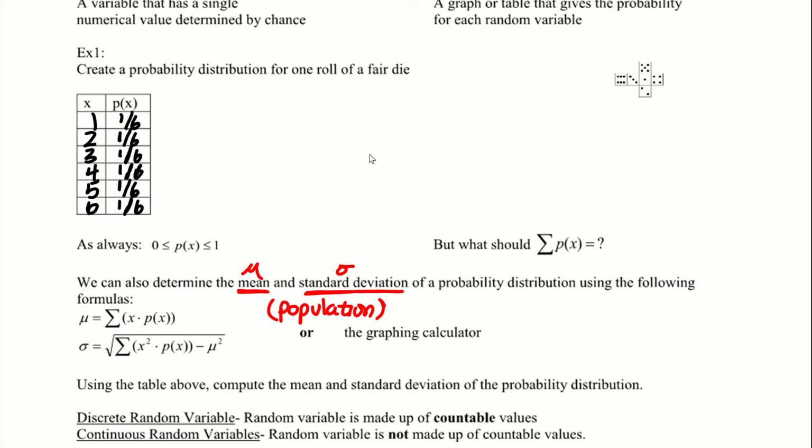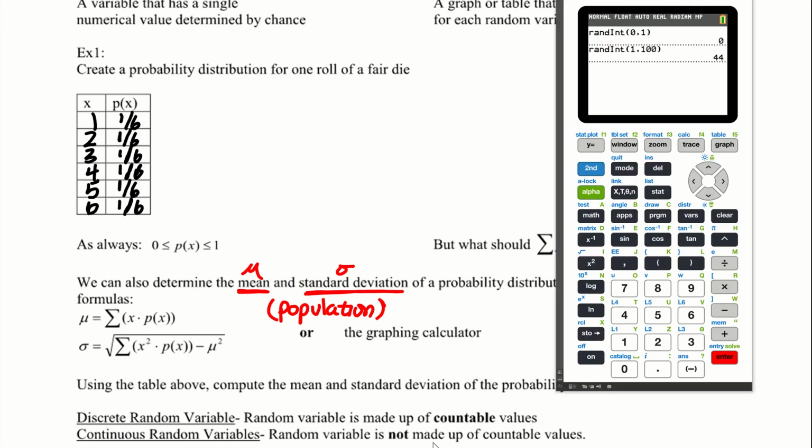All right, so this is the not so good news. The calculator doesn't always use the Greek notation, so sometimes we have to parse out based on what the calculator says, and try to figure out what part is relevant to us and what part isn't. But the great news is that finding the mean and standard deviation is exactly the same keystrokes as it was in the previous unit. So we go into the calculator, the stat editor,